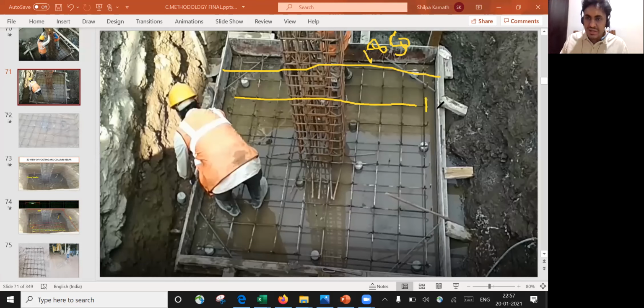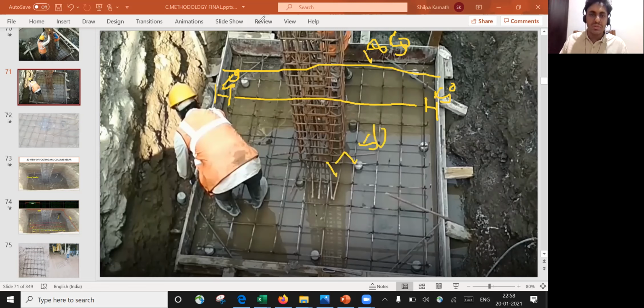From here to here, the cover is 50 mm because I don't want my bar to go completely. Similarly, from here to here, the cover is 50 mm, which we saw in the previous lecture. So I need to take 1850 minus 50 from here, minus 50 from here. So it comes out to 1750, the length of this bar.